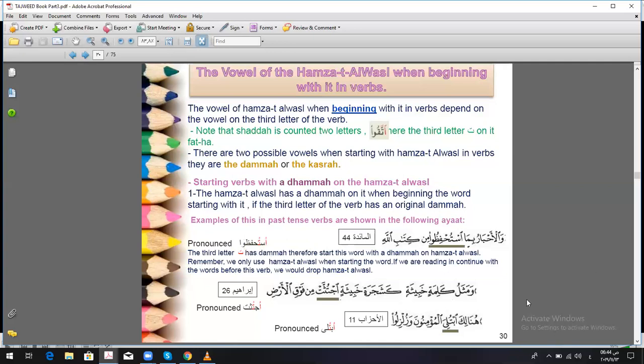Example for this, like when we say وَالْأَحْبَارُ بِمَا اسْتُحْفِظُوا مِنْ كِتَابِ اللَّهِ. استحفظوا. Okay, and after this,